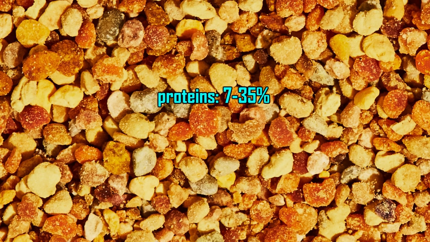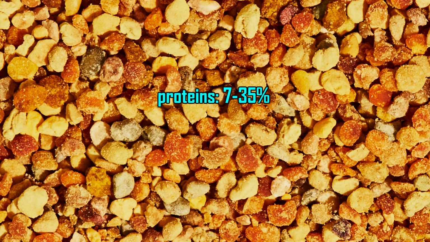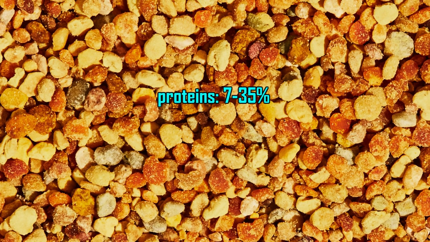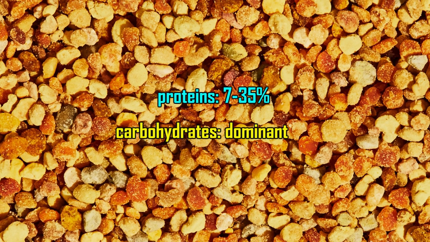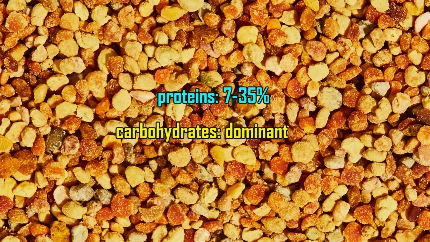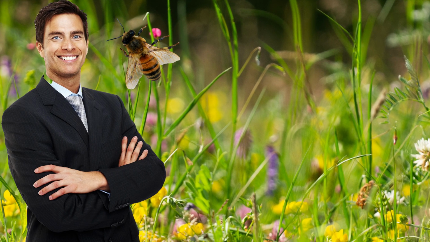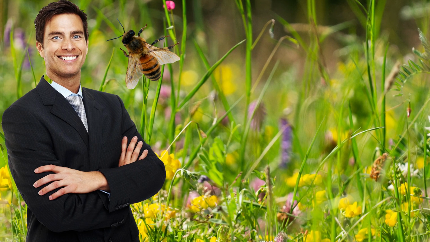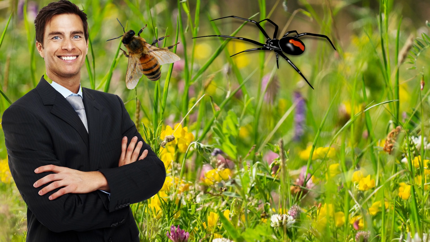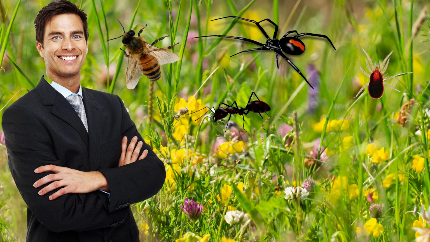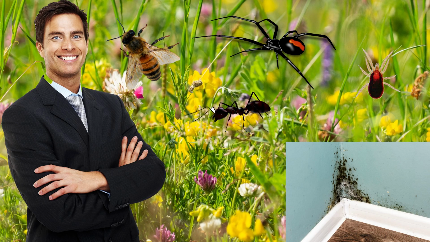Though proteins comprise 7 to 35% of pollen collected and stored by bees, the major constituent of it is carbohydrate, not protein. Besides us and bees, pollen is also consumed by other arthropods such as spiders, mites, ants, etc. And of course, fungi,